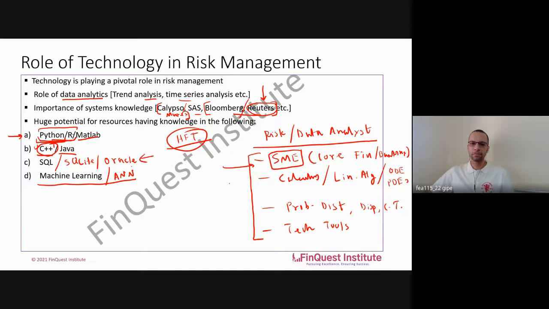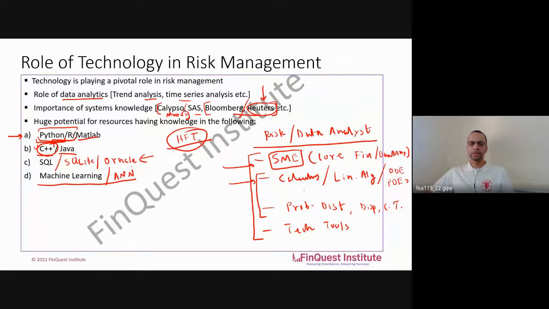Next comes your math portion. This is important, especially if you're targeting roles around data sciences or maybe model development, model validations, etc. In case you're targeting roles around corporate finance or M&A or equity valuation, I would not say that these things are required. So maybe points 2 and 3 are not very relevant for CF, M&A, or iBanking type of roles. But for other types of analytical roles, yes, they are very relevant.